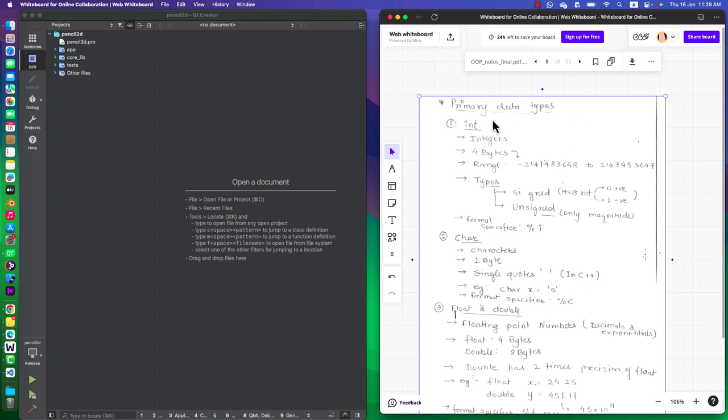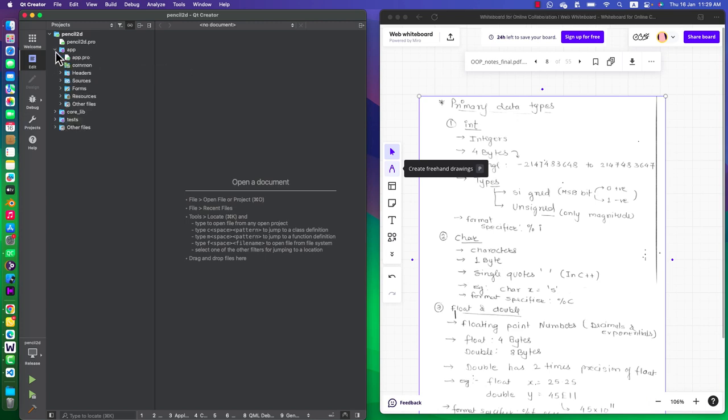we will also describe this Pencil 2D. Later you will understand how real-world applications are applicable in OOP. So keep patient, and we will also describe the Pencil 2D in all things: how Pencil 2D works, what the library is, and how the Pencil 2D header file and all things work. So don't panic. Okay,